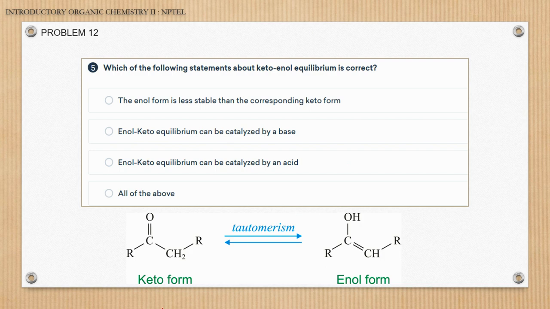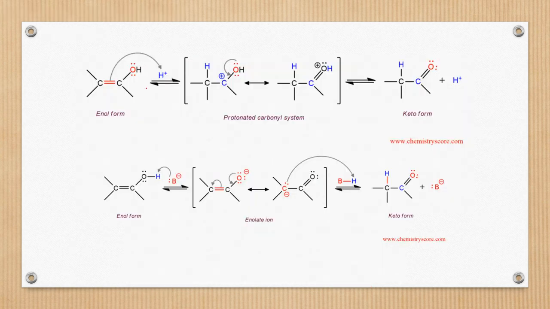So basically, this is the keto form and this is the enol form. So these are the tautomers. This keto form is preferentially more stable than the enol form. And if you have to form a catalyzed cycle between this enol form and keto form, what will happen? If you have an enol form, in the acidic medium, H+ is getting abstracted and a carbon is getting a positive charge. Here the positive charge is getting generated because the lone pair can come down to stabilize the positive charge. So this is the protonated carbonyl system, this is the resonance form which is forming,